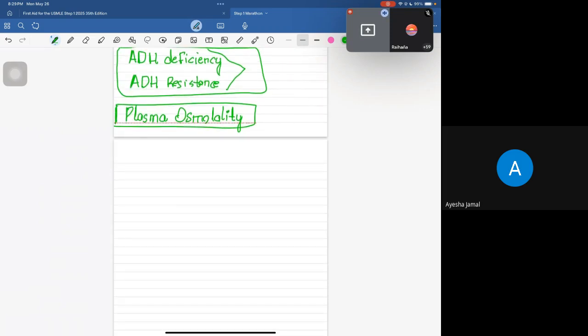I know most of you would have seen this thing in your medical school exams. Plasma osmolality means the concentration of the solutes in your plasma, right? So that thing is known as plasma osmolality. 275 to 295 milliosmoles per liter is considered normal. Now if a person is having increased secretion of the ADH,